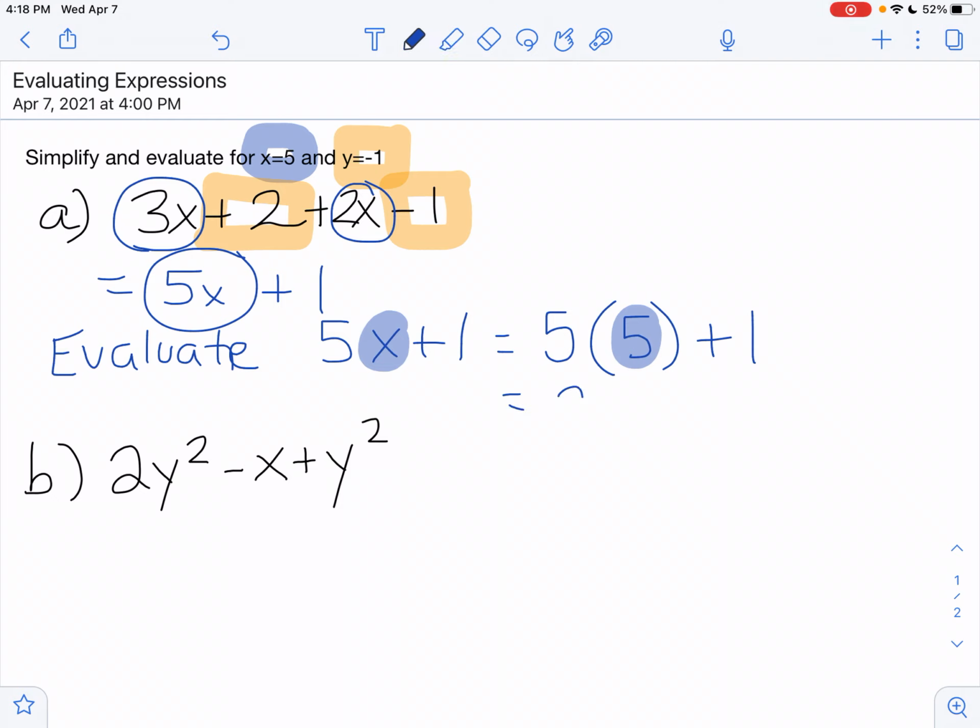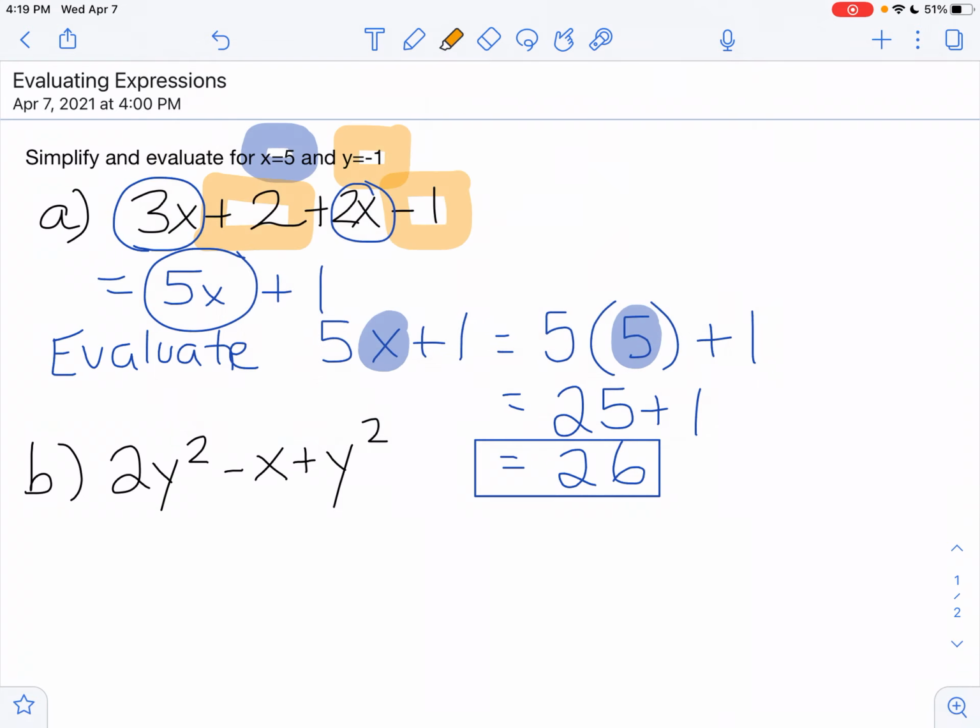5 times 5 is 25 plus 1. I multiply first with BEDMAS. And 25 plus 1, when I add as my last step, I get 26. So the value of 5x plus 1 when x equals 5 is 26. In part B,